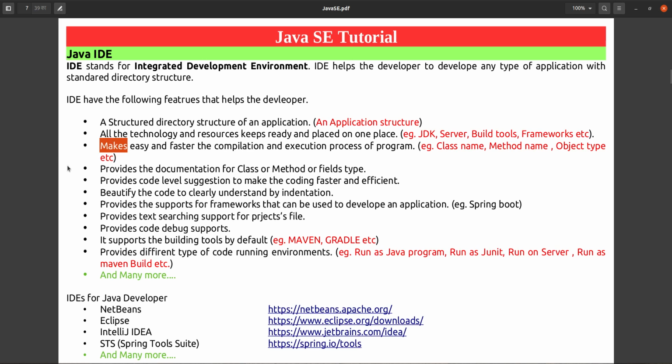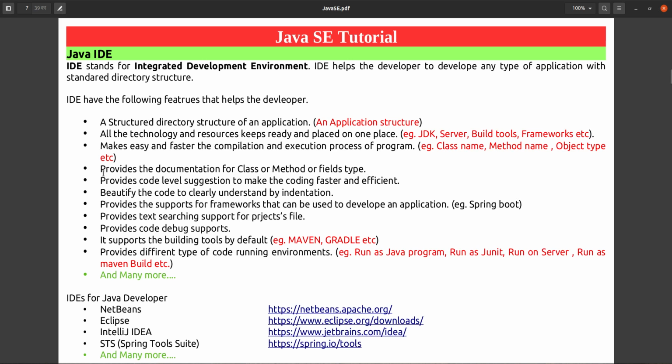In that case your IDE will do this very fast. You no need to write any command like javac. You just right-click, and using the right-click you can choose the appropriate option to run. That's it.